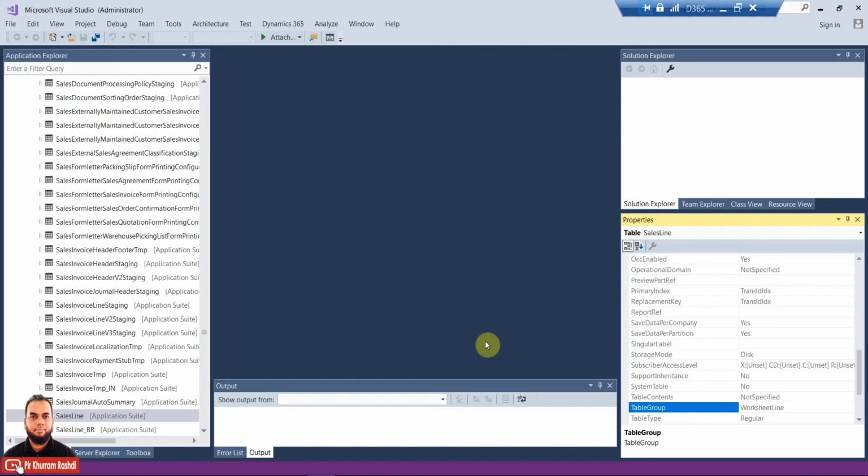The people who have already worked in previous versions, that is AX 2012 or AX 2009, already know that there are many data structures, like base enums, and then there are EDTs, or extended data types, which are basically user-defined data types extending the primitive data types like integer, real, and string.